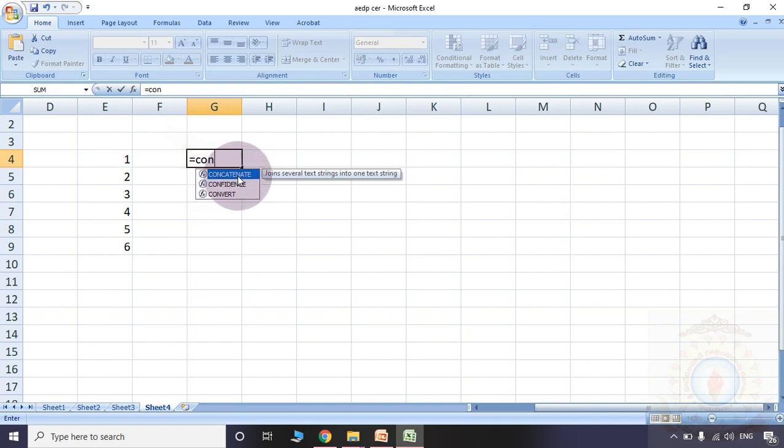CONCATENATE. Please observe very clearly. That particular function is available. Select that particular function, the equal to symbol, and the formula CONCATENATE I am selecting. I am clicking the first value. Is it okay? I am clicking the first value, then comma,